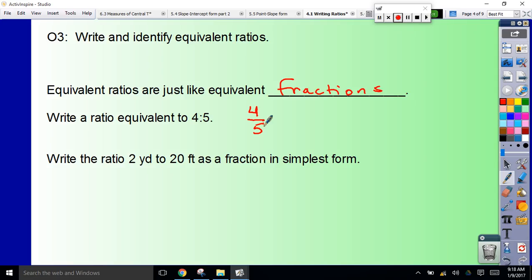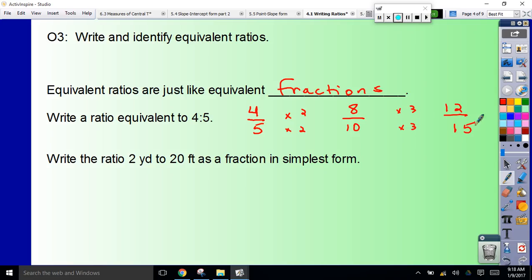You can multiply. So as long as you multiply the same thing to the top and bottom, you're going to end up with an equivalent fraction. So I could multiply by 2 on the top and bottom, and I would end up with 8/10. That's one equivalent fraction. I could multiply the original by 3, and I would end up with